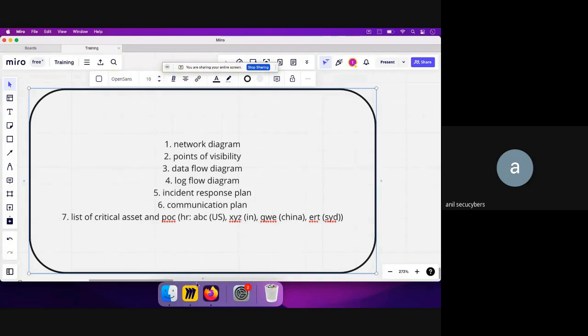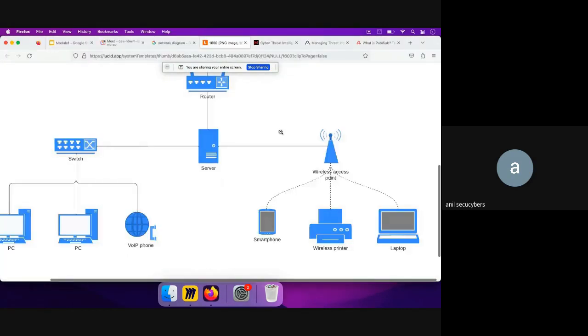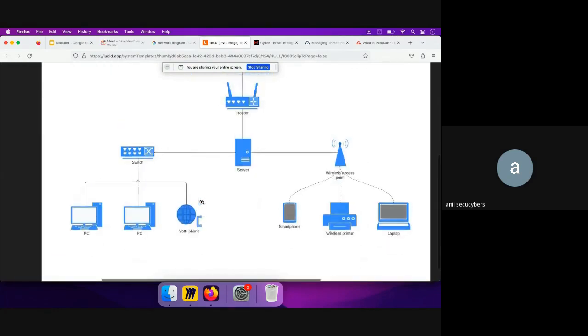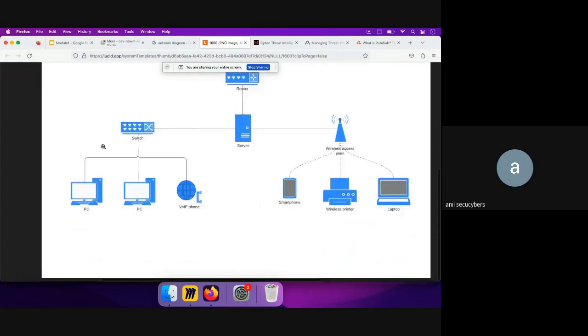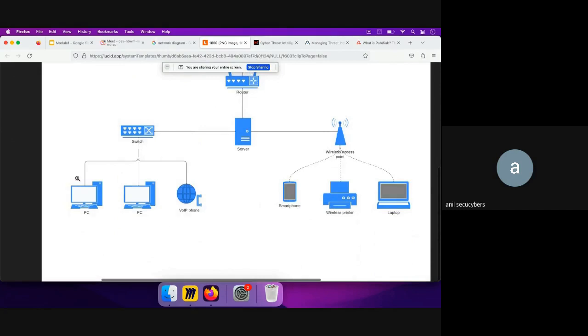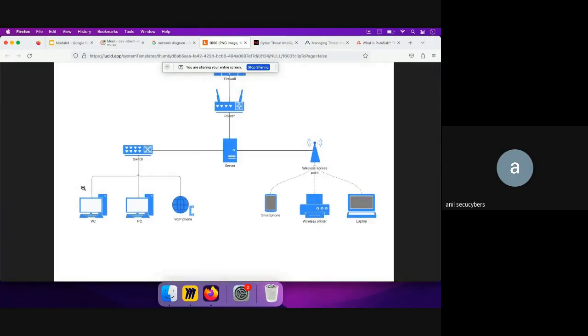What I mean by critical assets is, let's go to this diagram again. Let's say this is the HR team, or let's say this is the research and analysis wing of your company. Let's say these are two systems, for example, which are used to conduct research for your company. It would also hold any patent information, for example if the company is going to file a patent on a new research, so you know that all those things are being handled by these two systems. So for the research and analysis wing, these are the two critical assets. If they are compromised, there will be a major impact to the company